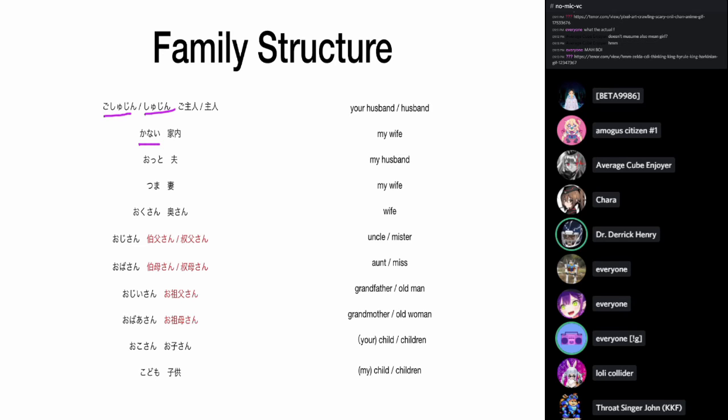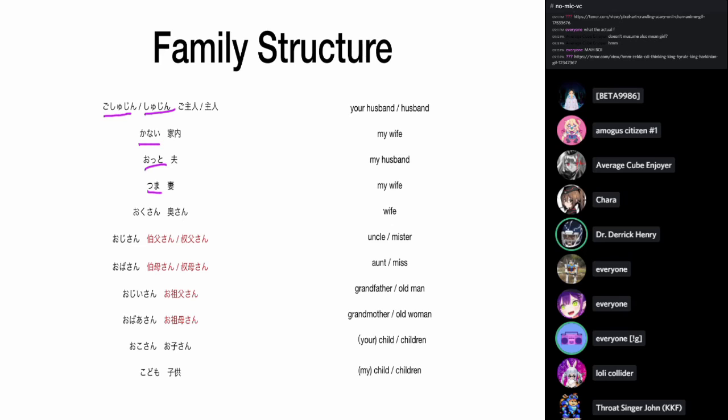Next up is you have Otto, which is my husband, and Tsuma, which is my wife. So Otto and Tsuma are words that you would use affectionately referring to your husband or your wife. Other people probably wouldn't use these words to talk about your husband or your wife. They would use,